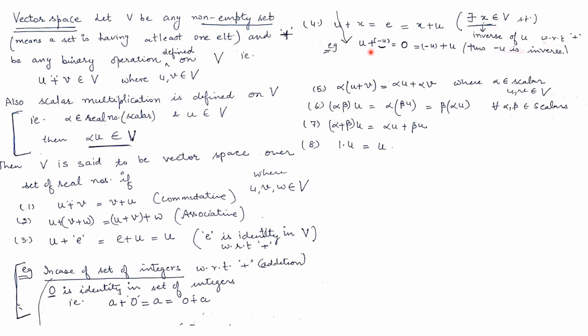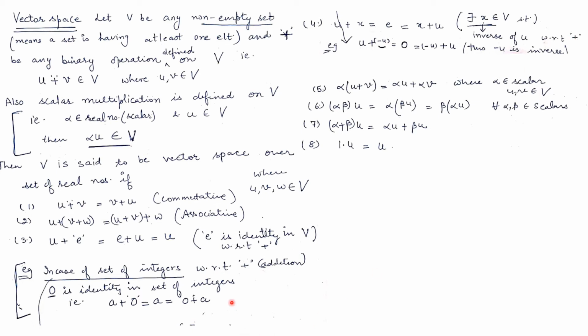Addition is a binary operation. U में आप क्या ऐड करोगे कि आपको आइडेंटिटी मिल जाए, E मिल जाए, राइट? तो वो X जो U में ऐड करने पर हमें आइडेंटिटी मिले, और आइडेंटिटी हमारे पिछले स्टेप में निकल के आ चुका है. E is already with us, right? U में हम क्या ऐड करें, क्या ऐसा X ऐड करें so that we will get E, right? And this X should be a member of V. ये भी X V में ही होना चाहिए. Then this X is said to be the inverse of U with respect to the binary operation addition.